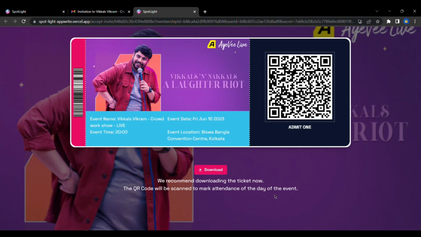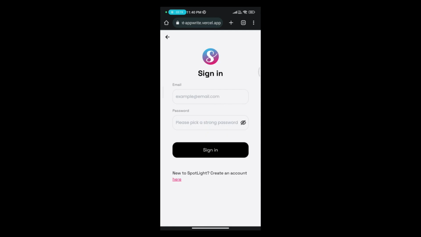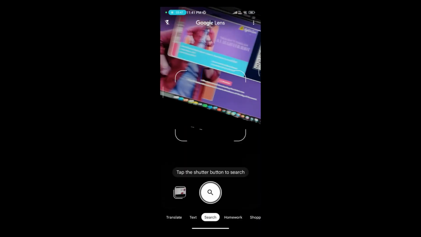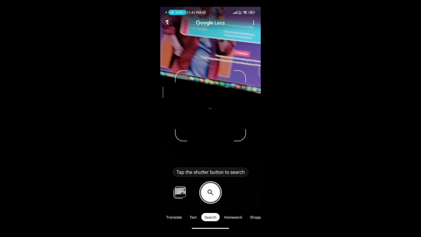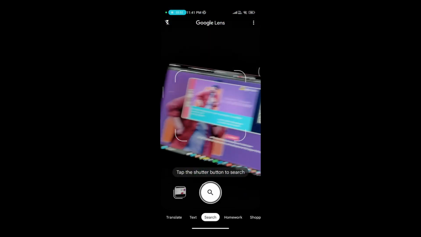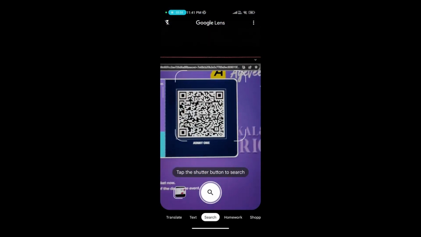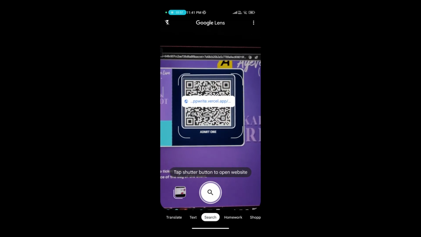Now suppose we cut to the event day. Suppose today is June 16th. Then the user can show this ticket at the event location for attendance. Let's see an example. In order to mark the attendance, the owner needs to first log into the website using his credentials. Great. Now the user needs to present this QR code to the owner, and the owner can scan this QR code. It will show him the invitation link. Now tapping on the invitation link,